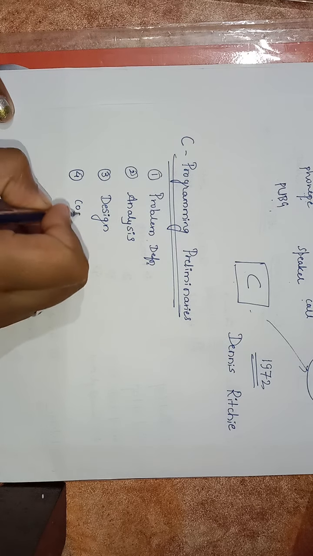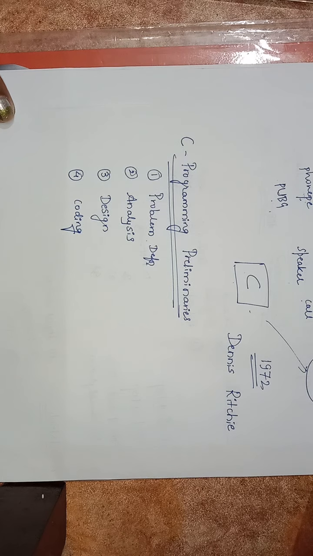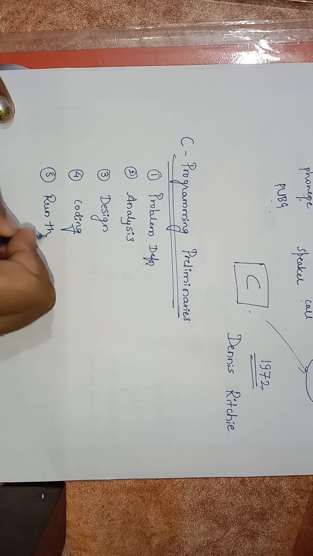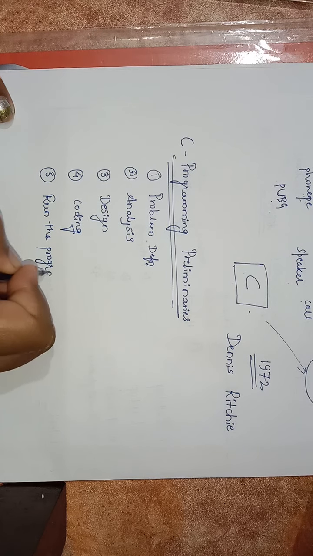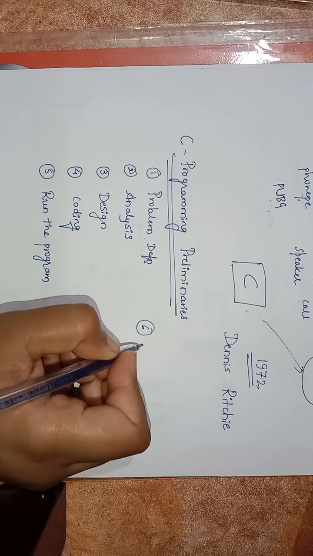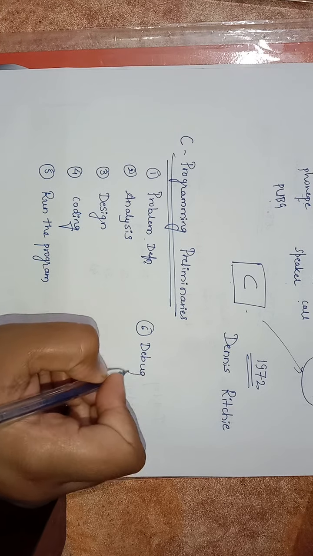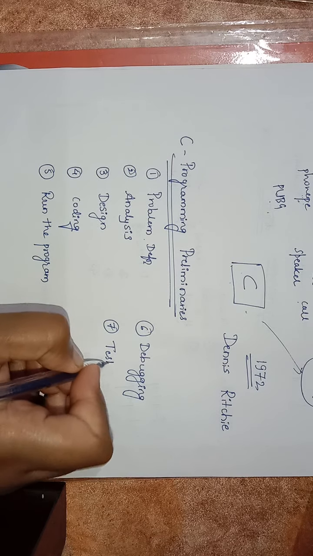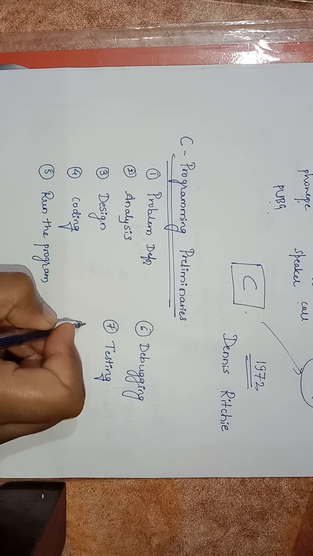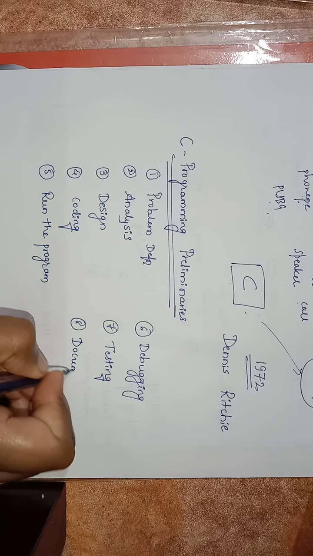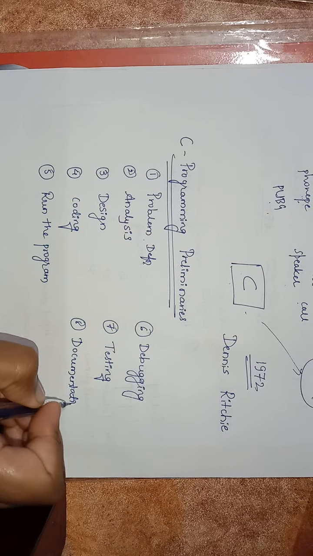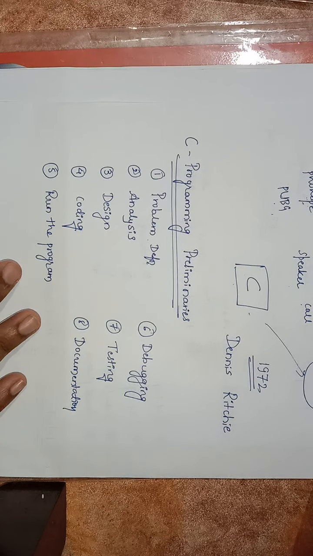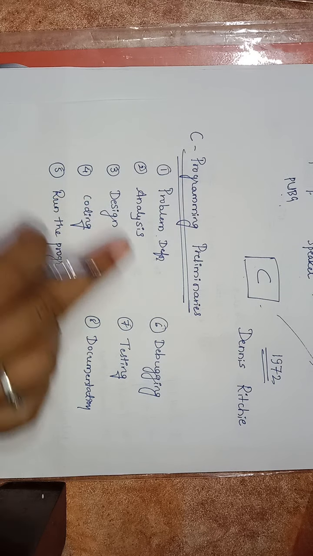Then coding. You are done. Next, running the program. Run the program. Next, what do you have to do? Debugging. And then you have to test it. Testing the program, and then do its documentation. To solve any problem by using the computer, by using the programming language, you have to follow all such